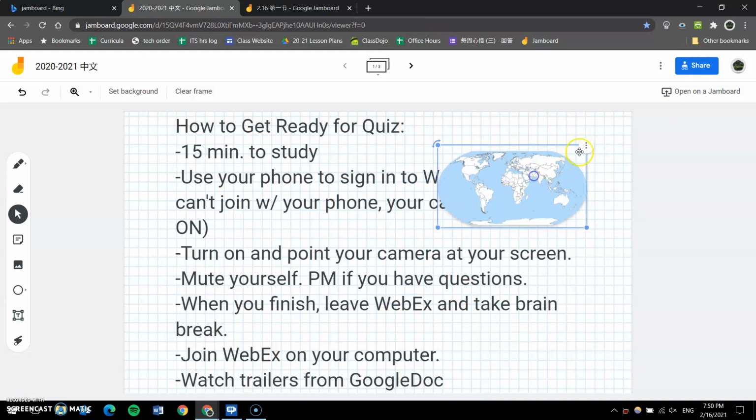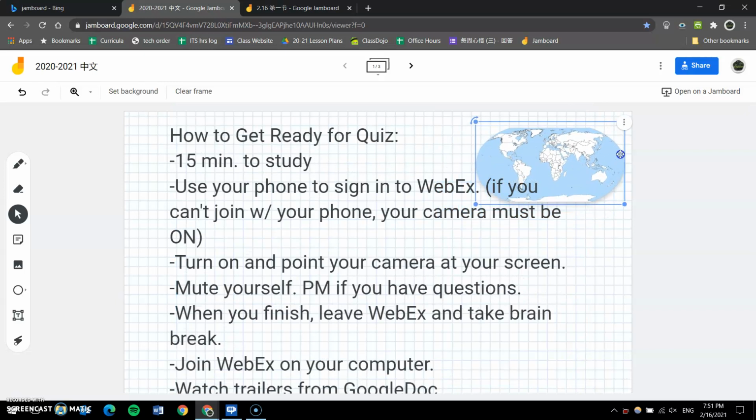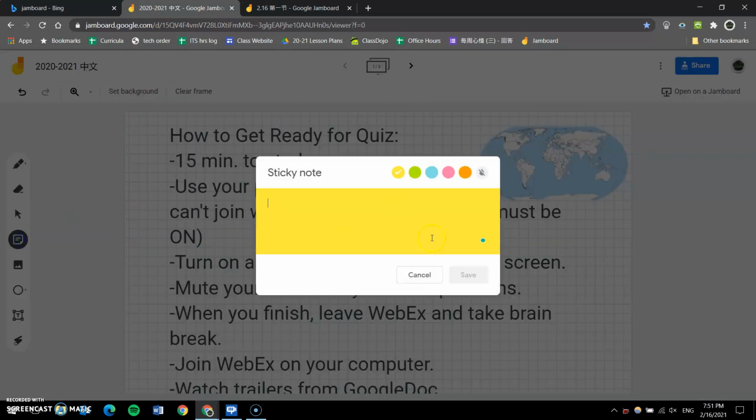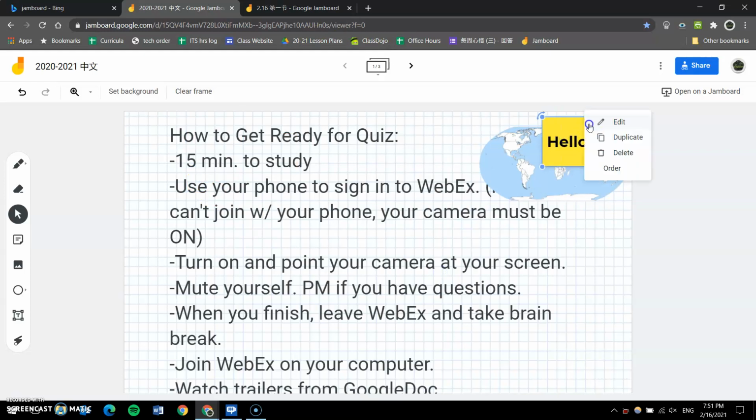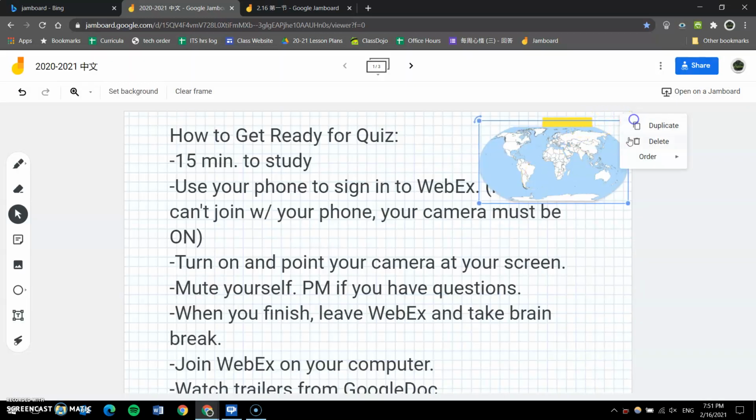So this is what I mean, where I can now hide this picture, again, behind the text box, but you still kind of see it, right? So what I can do now to show you is, I'm going to bring it back to the front, but now I'm going to show you how I can hide my sticky note as a note to myself. So over here, I can click the order, send to back, right? See now how it's behind the image. So if you want to hide something, you can actually do that. All right, sorry. I will now delete